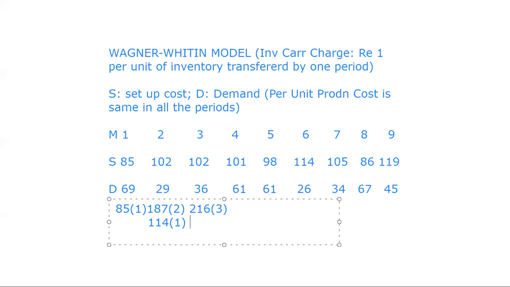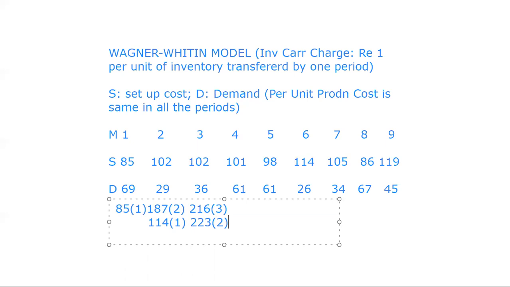114 plus 36. No, I am going to produce in period number 2. So period number 2 is 187. 187 plus 36 will be 223, and I produce in period number 2. Is that all right? Okay, sir. And this is more than 216, so this is definitely not optimal. You are right. That is why we consider 114. We forget 187 because we have obtained